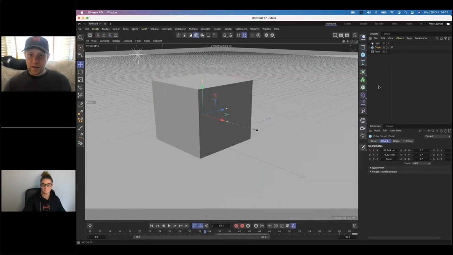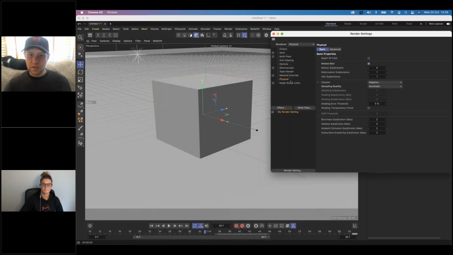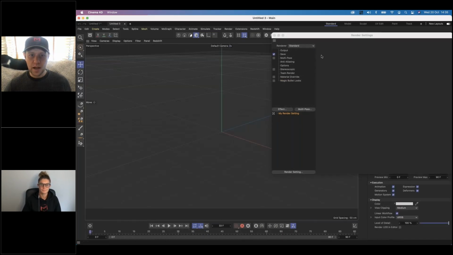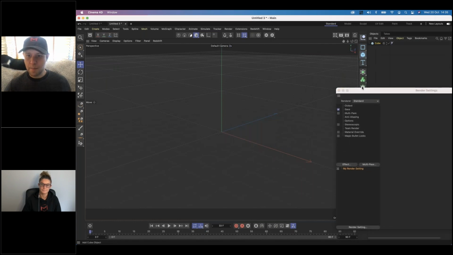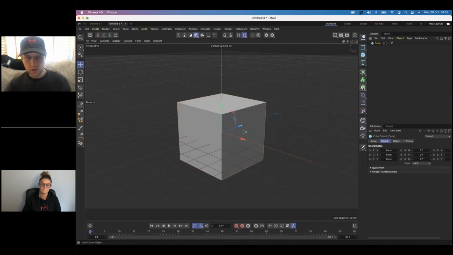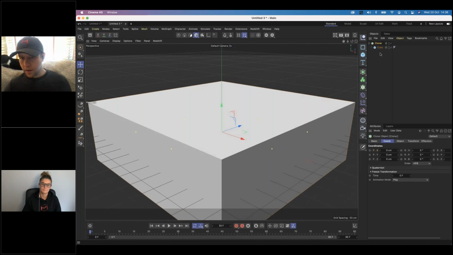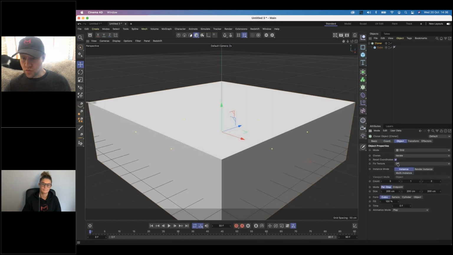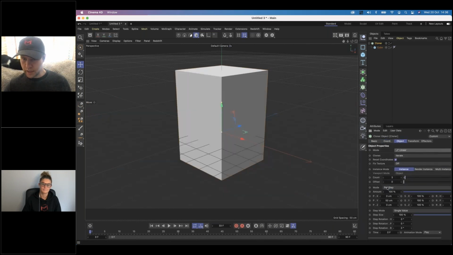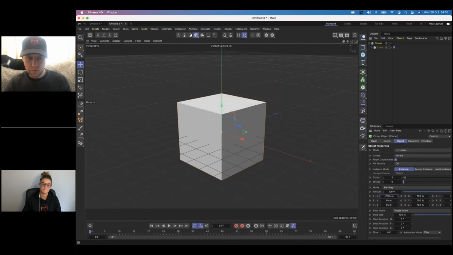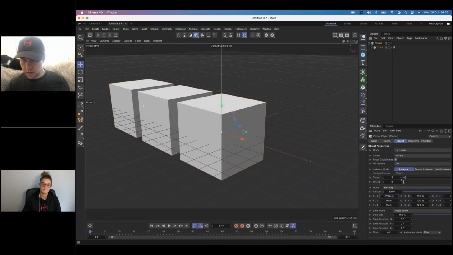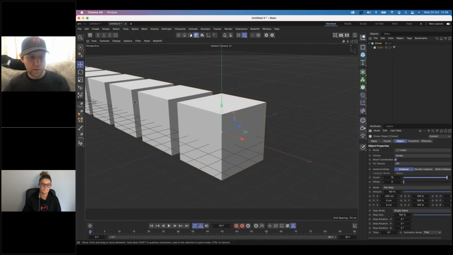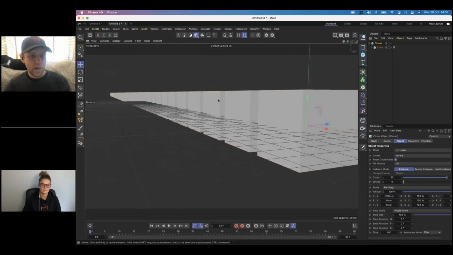One of the other fun things, like I said, that's really good for physical renderer, that's my preference, is depth of field. So let's create a new project and let's create something to give us depth. Let's go to linear. I don't want it to be up. I want to be minus 250 and I want there to be lots of them. Oof, that is a lot of them. Anywho,